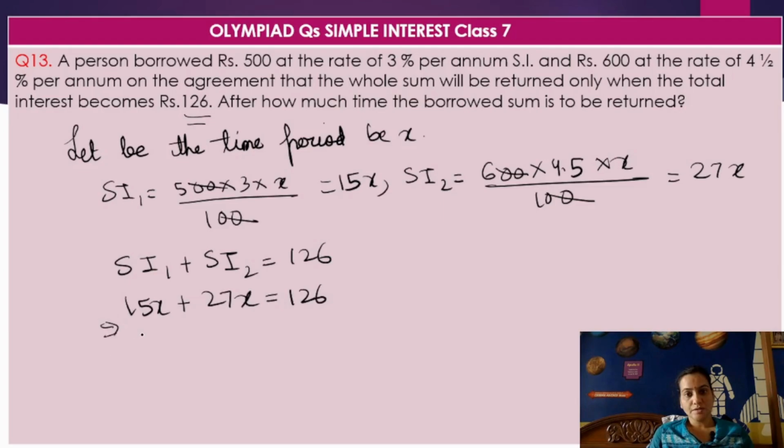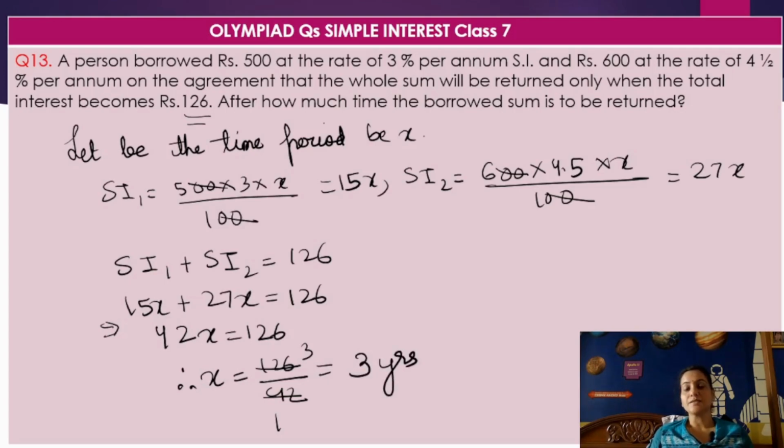So 15 plus 27 is 42. So 42x is equal to 126. Therefore x is equal to 126 divided by 42. 42 ones are 42, 42 3s are 126. So this is 3. So after 3 years, he has to return the borrowed amount, that is rupees 500